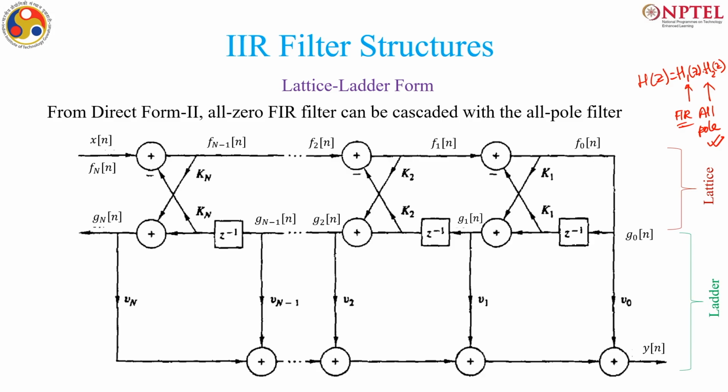So this is the lattice part, and this is the direct form 2 realization of the FIR part. And if you look at this, it looks like a ladder, and hence this is called a lattice ladder form or lattice ladder realization of the IIR filter. So you carefully see that this is very simple actually, although it looks very complicated. If you are given an IIR filter, first you look at the lattice part, which is basically the all pole part. If you are well equipped with the concepts of the lattice filter for FIR, then this is exactly the same thing, just treating the output as input and vice versa. And the remaining part is just the direct form implementation of the FIR part, and this is basically your